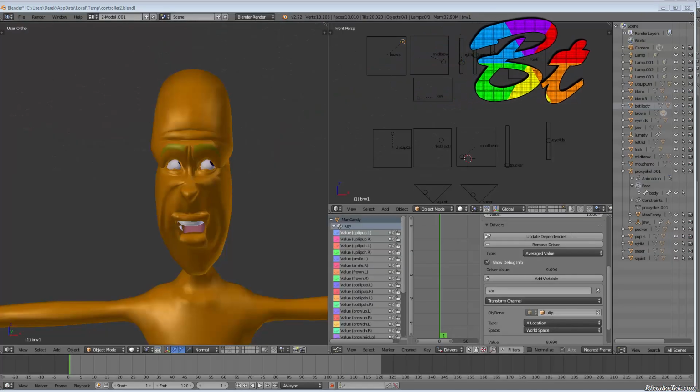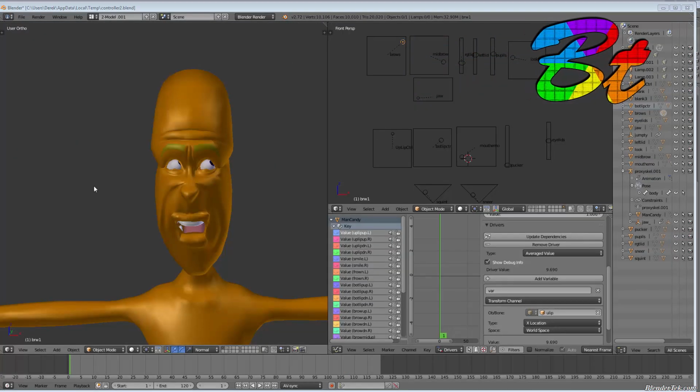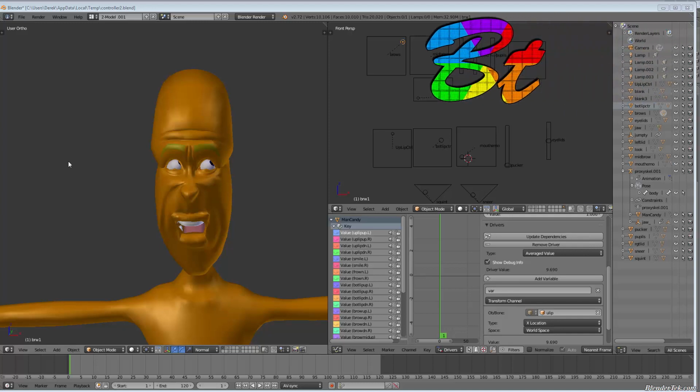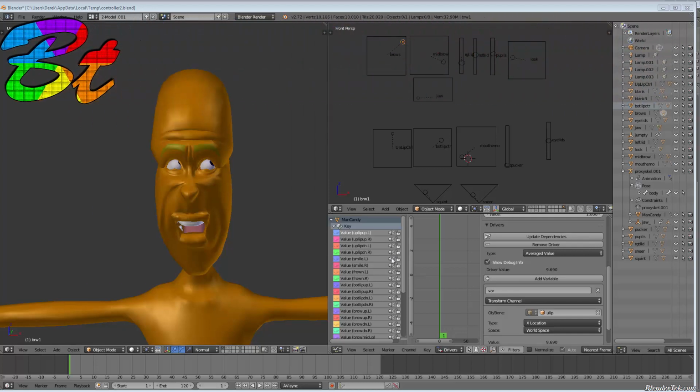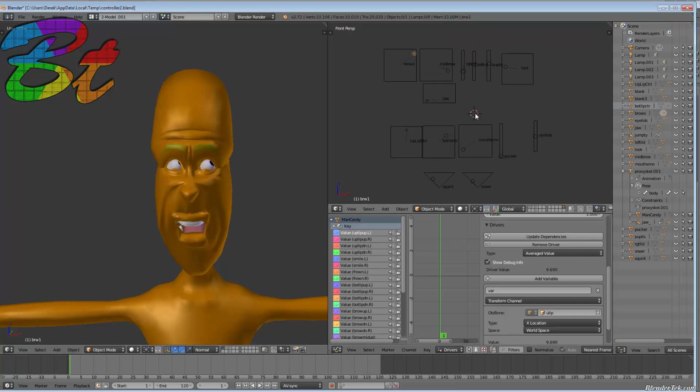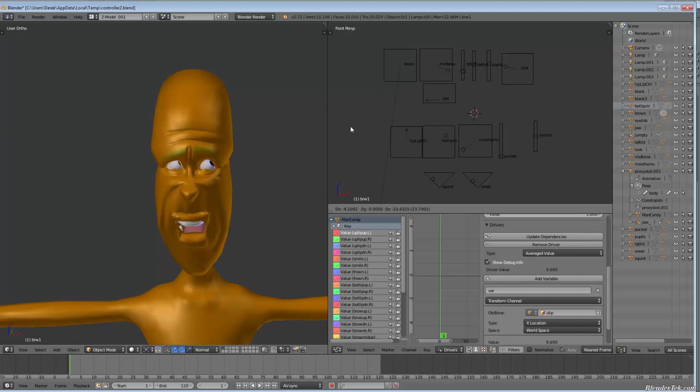Before we get started, here's a cool example that uses shape keys, but it uses drivers to drive them, just to show you just how powerful they can be. So we have a little setup here in a separate layer that allows you to control the character's face just by grabbing these along usually X and Y values. So for example, if I grab the brows, you can see the brows move